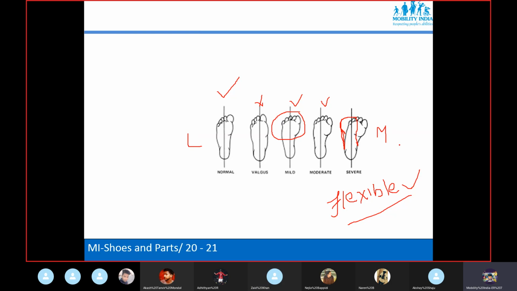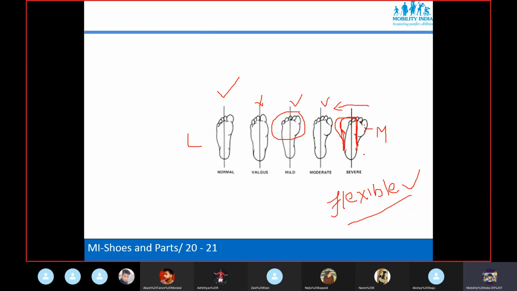Yes, it is possible, because now the foot is in. Here the shoe last will be out flare, so the foot will be taken from medial to lateral. This forefoot we are correcting with the footwear.